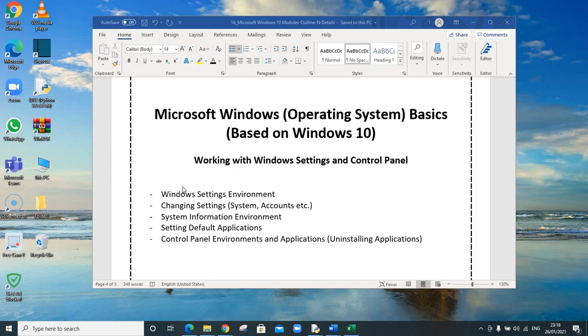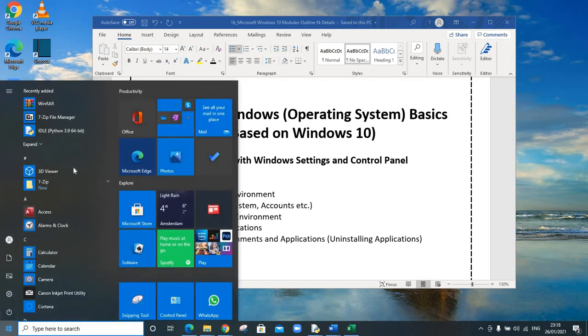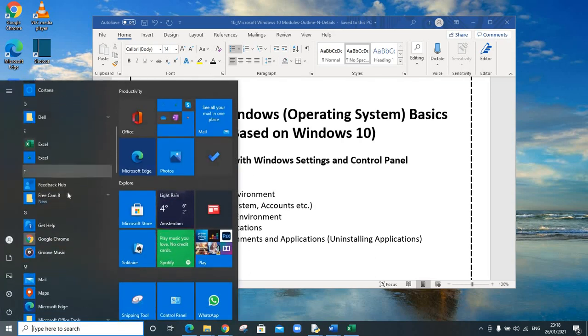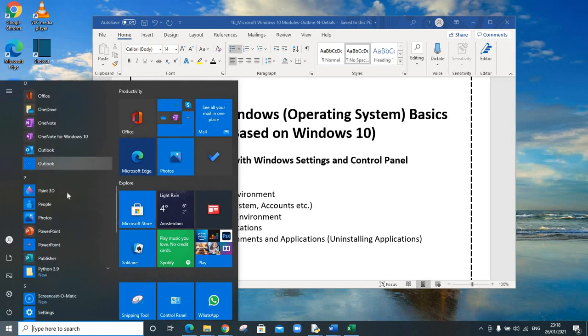In today's video, we're looking at the last topics on the Windows settings and control panel. So we will show you how you can set default applications and also how you can use the control panel to change a number of things. So let us start by first going to settings. We talked about settings, and to do that we click the start button here, then you look for settings,